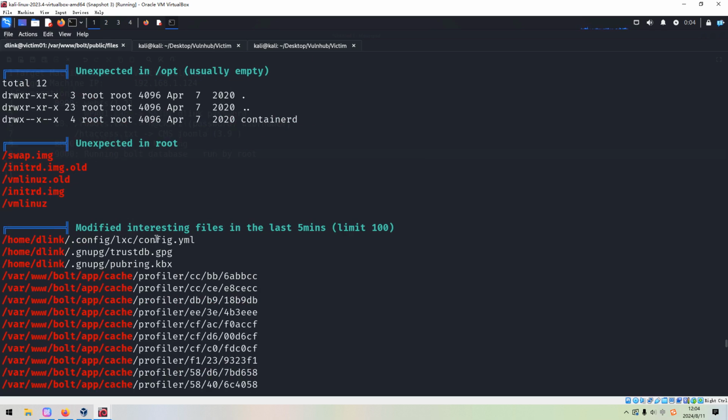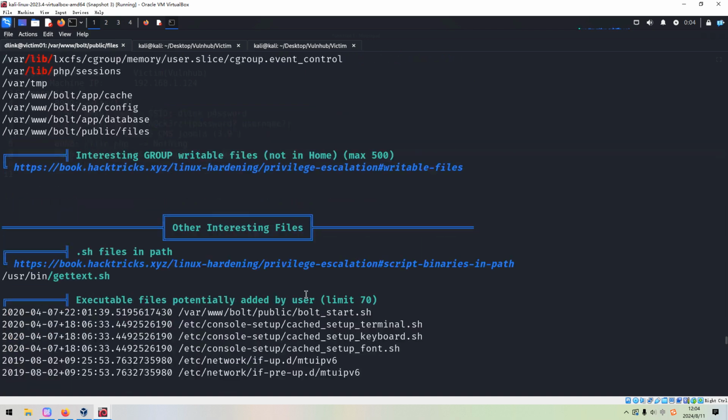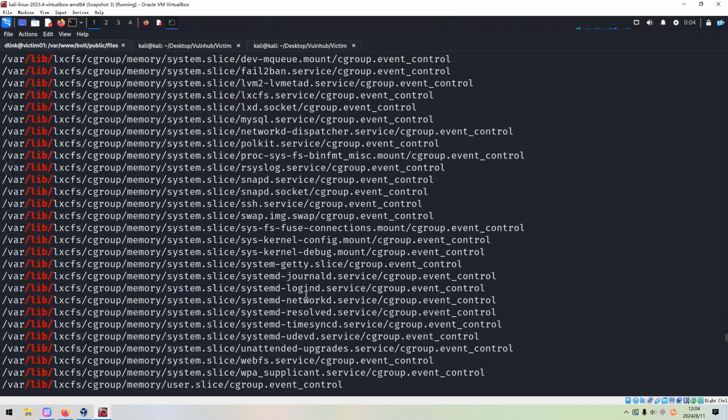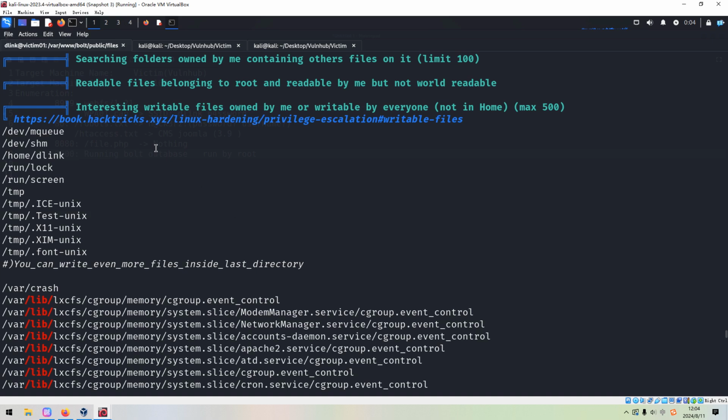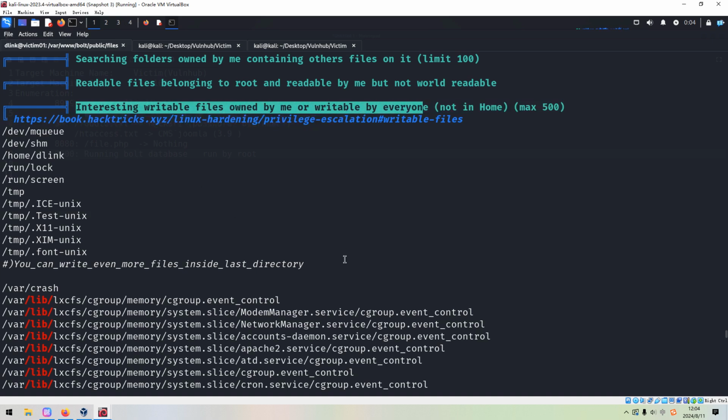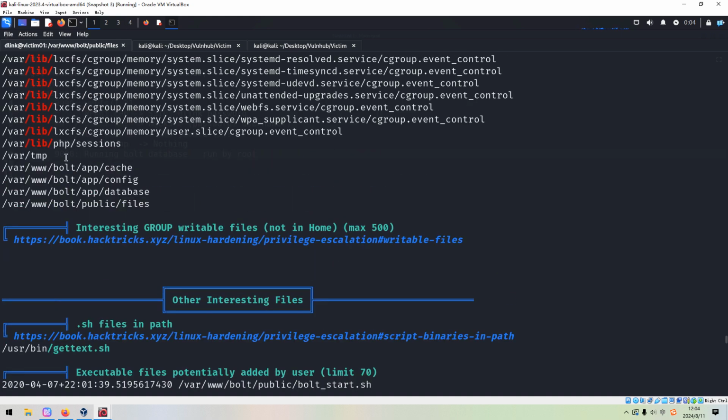Modified interesting files in the last 5 minutes. Interesting writable files owned by me or writable by everyone, not in home. So I think the Linpeas shell script has also already pointed it out for us.